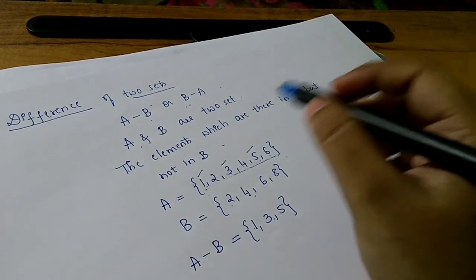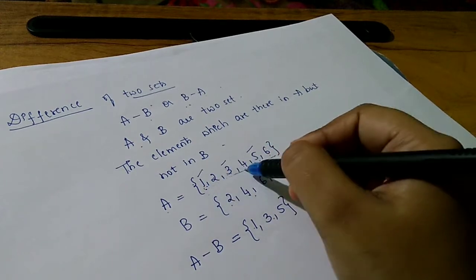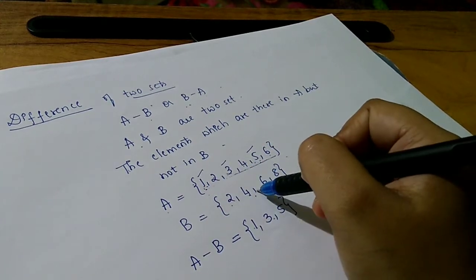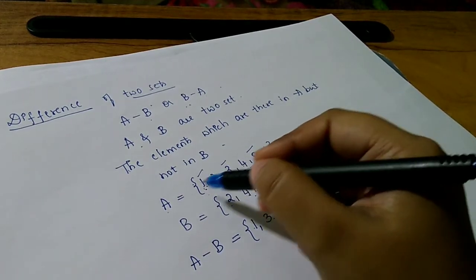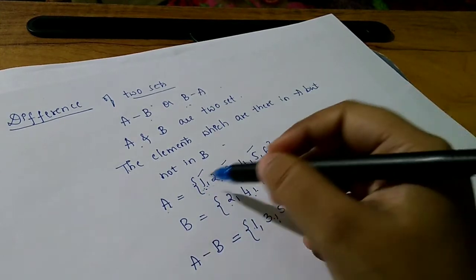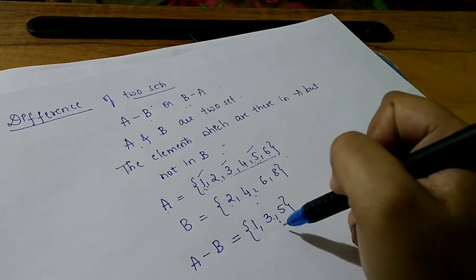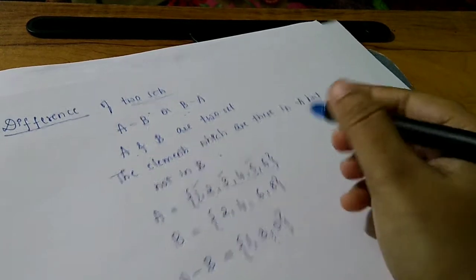Is it clear? So elements ಯಾವ್ದು A ಒಳಗಿದಾವ 1, 3, 5. ಈ elements 1, 3, 5 B ದಲ್ಲಿ ಇಲ್ಲ. ಸೊ ಆ ತರದ ಎಲಿಮೆಂಟ್ಸ್ ನೀವು ಬರಿಬೇಕು. A ದಲ್ಲಿ ಇರುವಂತ ಎಲಿಮೆಂಟ್ಸ್ B ದಲ್ಲಿ ಇರಬಾರ್ದು. ಓಕೆ, 1, 3, 5 ಈ ಎಲಿಮೆಂಟ್ಸ್ A ದಲ್ಲಿ ಮಾತ್ರ ಇರೋದು, B ದಲ್ಲಿ ಇಲ್ಲ. Therefore you have to write it as A minus B.